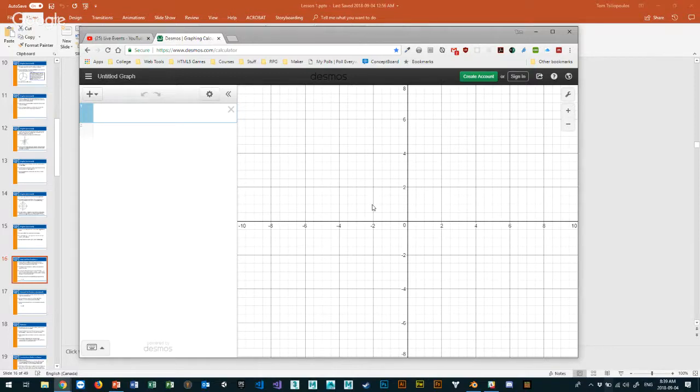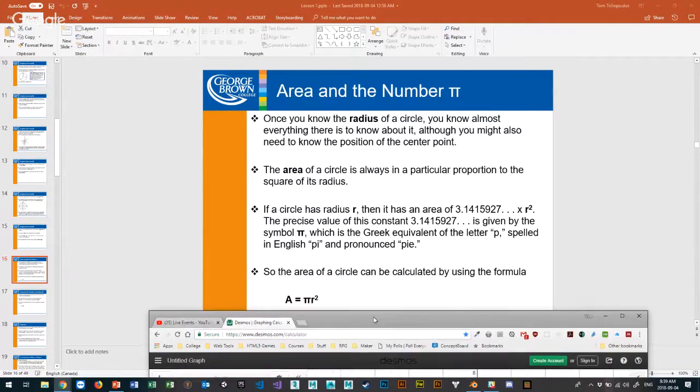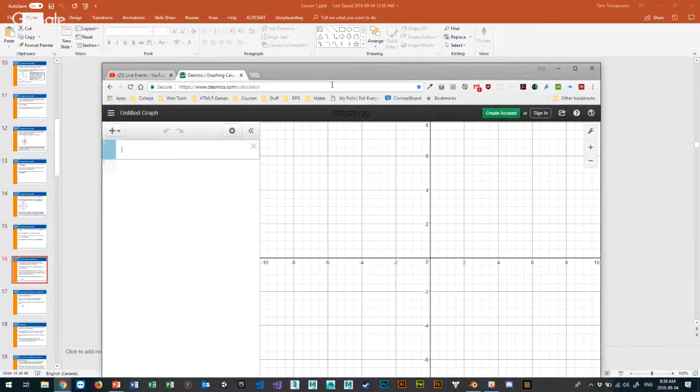If I wanted to graph something like the little formula that we saw here, A is equal to pi r squared, I want you to assume when you use Desmos that we always have a y. So y is equal to whatever I put here, so pi r squared. I just typed in pi, and then r to the power of 2, I can use a caret, above the 6.